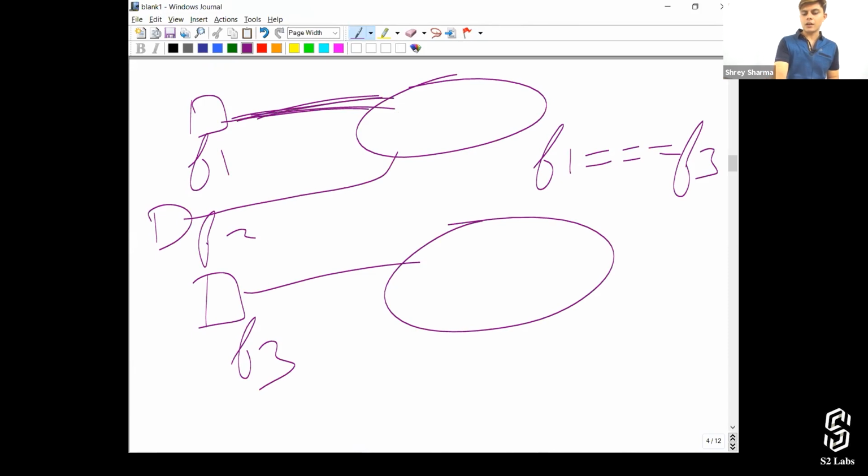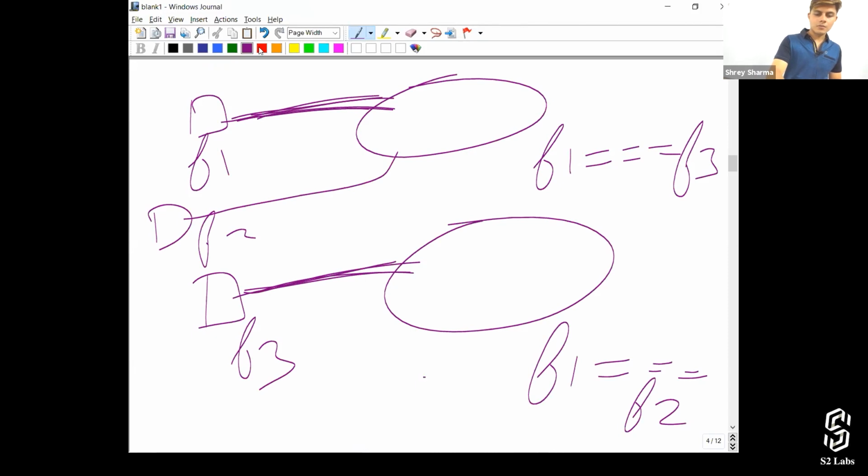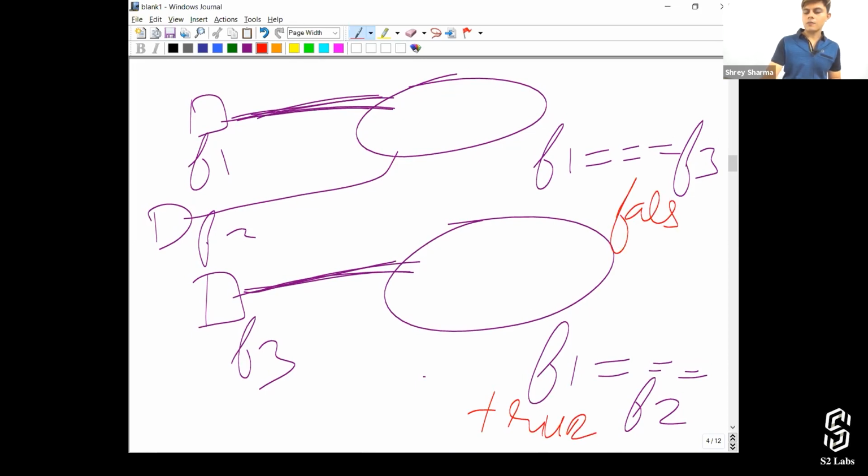This one is pointing over here and this one is pointing over here. But if you write f1 triple equals to f2, then it will return a true value. True. And this will return false. That's what it is. Hope you got the answer to that, Disha.